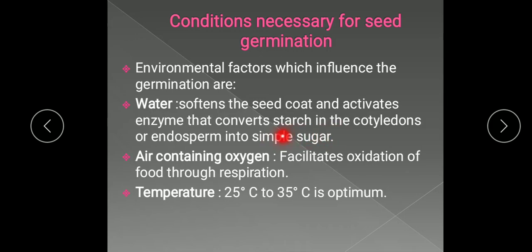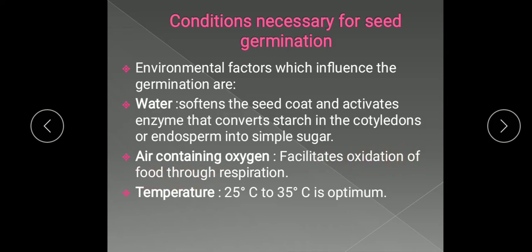Now the sugars which are formed here provide energy for the embryo to grow. And the seed swells and ruptures the seed coat, and the radicle elongates, comes out and forms the root system. Now air containing oxygen. Rapid cell division and growth must occur for seed germination, for which energy is required. As I said, the embryo develops into the seedling. तो embryo जब seedling में develop होगा, तब embryo की जो cells हैं, they will undergo rapid cell division. उस rapid cell division के लिए energy की requirement है, and this energy is provided by the oxidation of food.